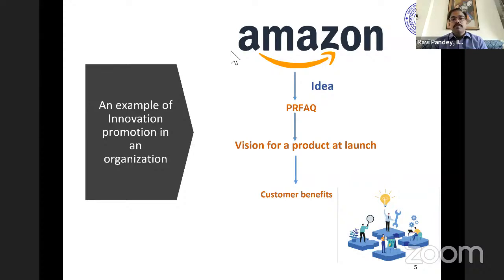Only two or three. So Alexa and these Fire Stick. Let me elaborate. What does Alexa do? Alexa is a speech translation device wherein if you say, Alexa, play me a music, it plays a specific music. Then there is a Fire Stick TV, a small device wherein if a person has an old non-smart TV and wants to convert it into a smart TV, then this device converts it. The problem statement was that